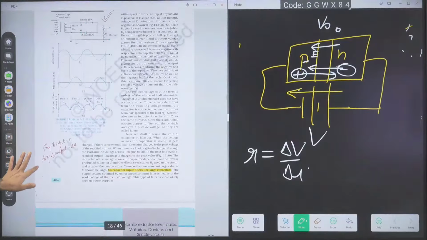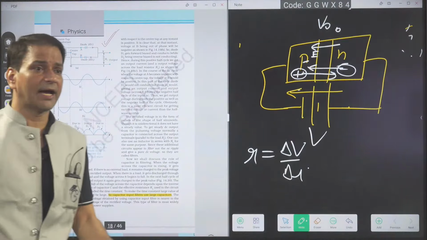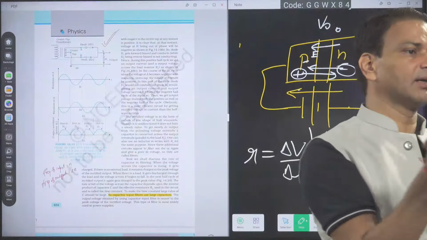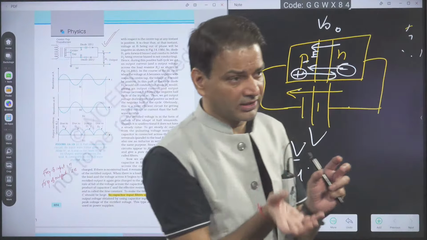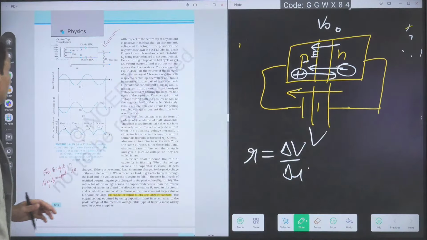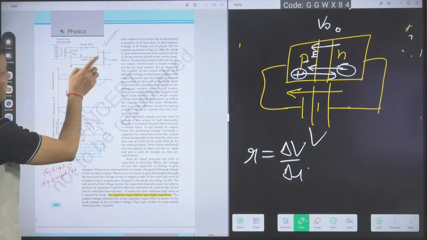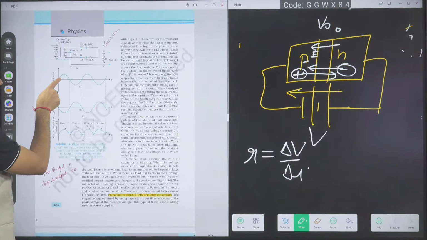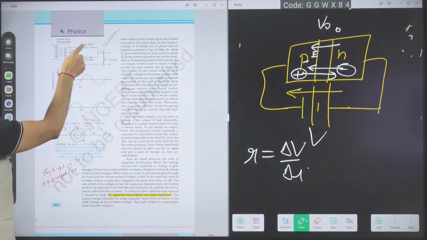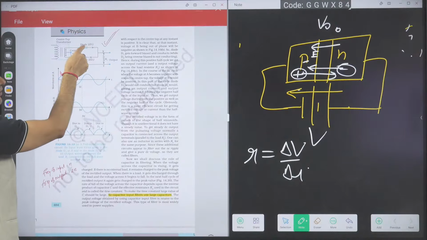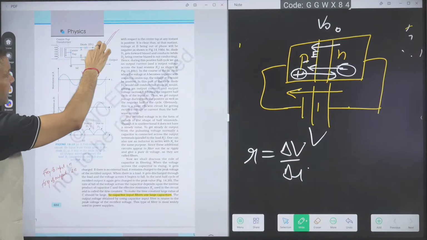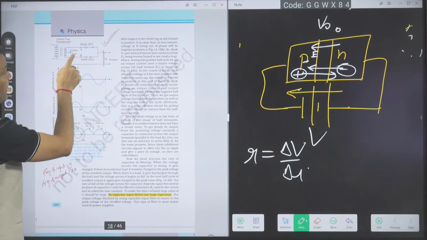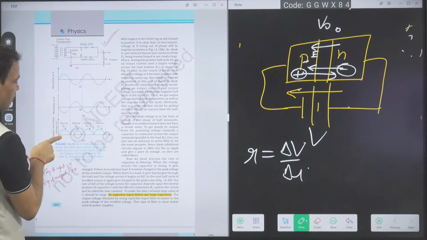In the full wave rectifier, we are using a center tap transformer because we have to get the complete circuit for the current flow. Now for one cycle, suppose this is the input cycle at A. A is getting the positive cycle, so this diode will be in forward bias. It will conduct, the current will go from X to Y, and then the current will flow like this. Then next cycle, what will happen?